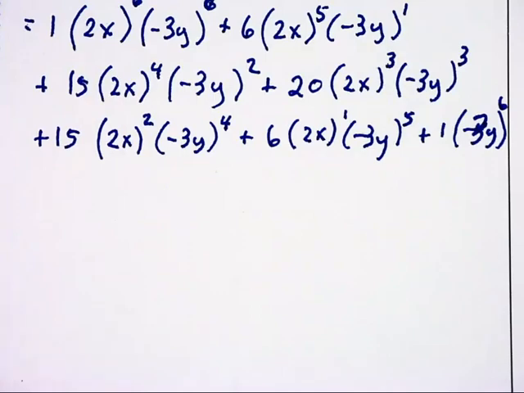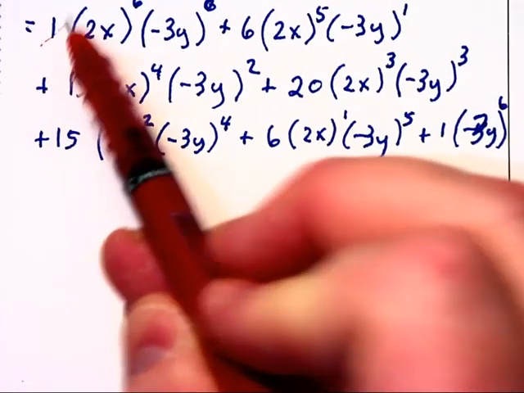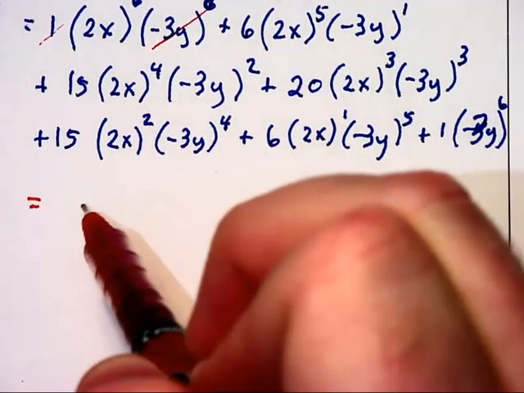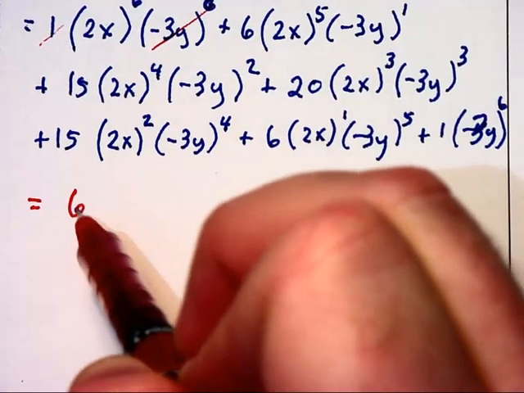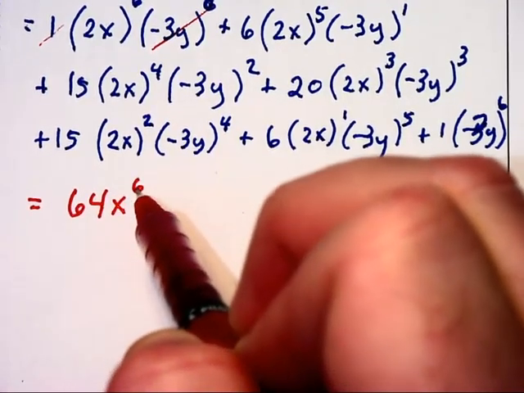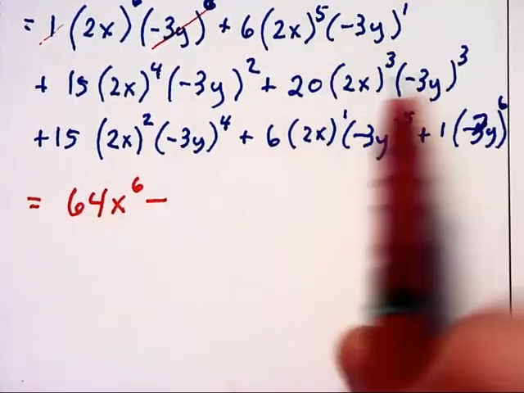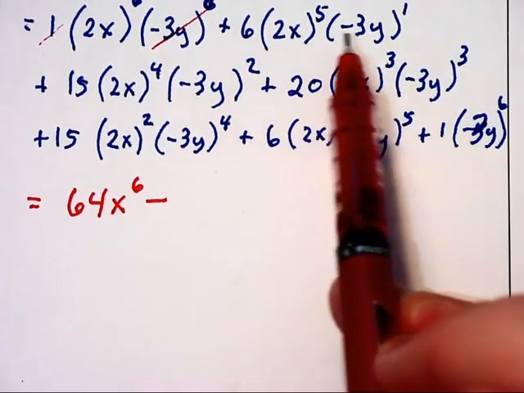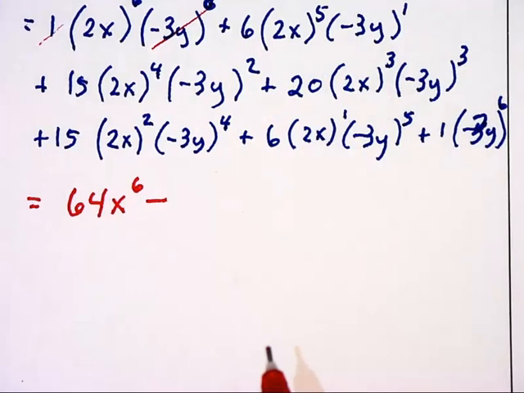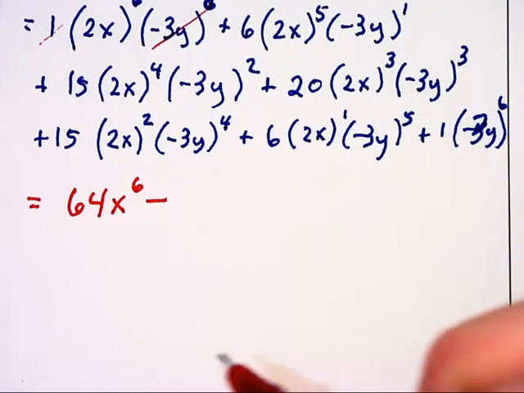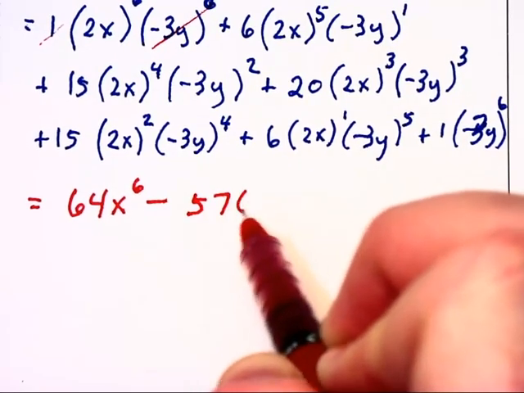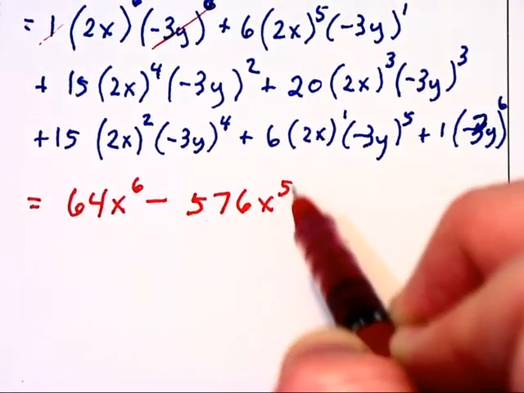Now we just need to do some simplification here. We can ignore the 1, we can ignore anything to the 0 power, so this is going to equal 64x to the sixth minus, because these are alternating back and forth, we have 6 times 32 times negative 3, which turns into negative 576 x to the fifth y